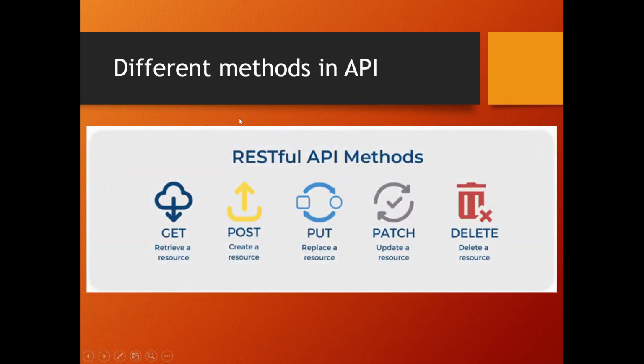Then the different methods in API: GET, POST, PUT, PATCH, DELETE. These are the 5 methods for RESTful APIs. GET is for retrieving a resource, POST means create a resource, PUT means replace a resource, PATCH is for updating a resource, and finally DELETE is for deleting a resource. Okay,